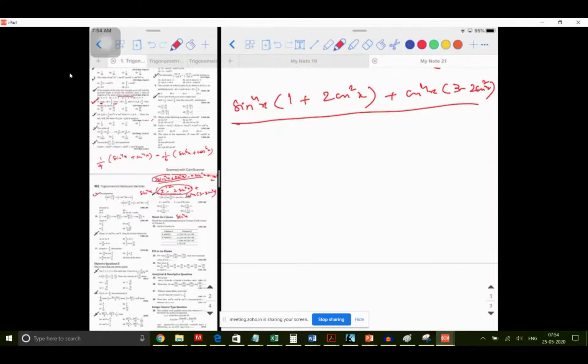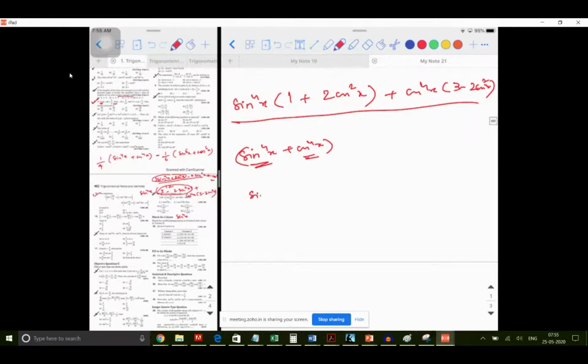Rohan, I would say this is a better idea. Whenever you have the combination of sine and cos with even powers, I'm repeating it, with even powers, not with odd powers, with a plus sign or a minus sign in between them, then you can either think of the formula, or you can think of the completing the square method. Aditya, proceed.